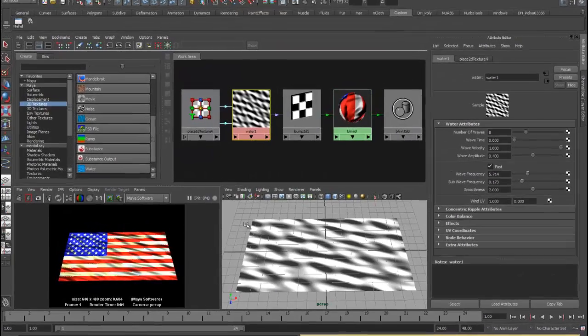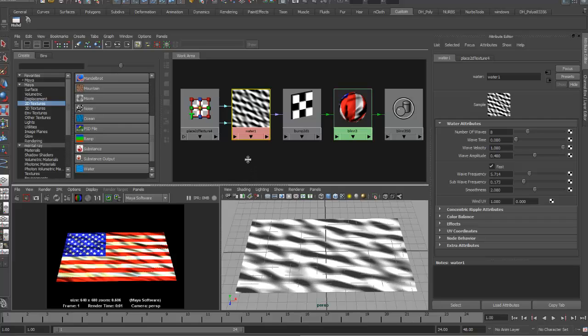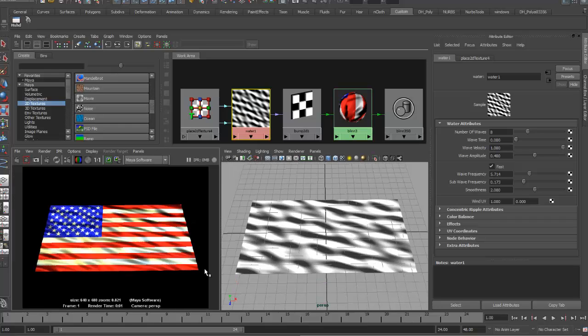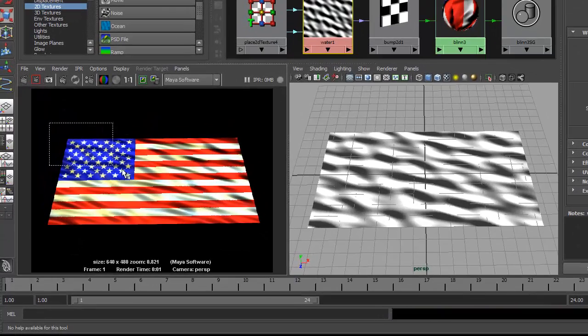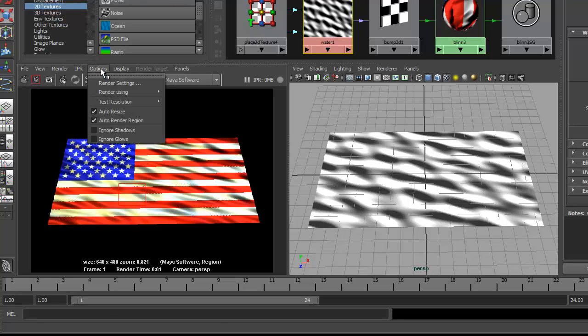There are a couple of things I'd like to point out. One is that within this render window, I've been using this test render button. There are a couple of other things that you can do. You can draw a region here and have that automatically render. So you can just pick up a little spot on here. In order to enable that, you have to go into your options here and make sure that auto render region